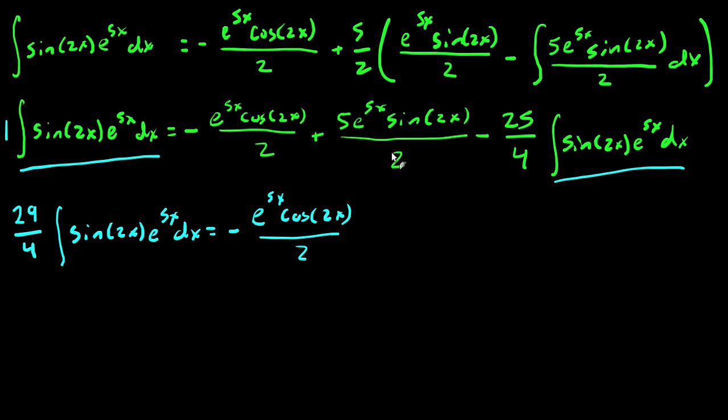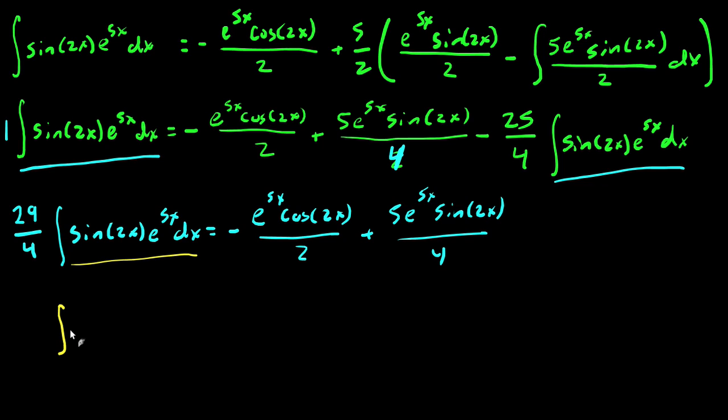Sorry, this should have been a 4. I think I said 4, but I wrote 2. Plus 5e to the 5x sine 2x over 4. And in order to solve for this, I just divide both sides by 29 over 4, which is the same as multiplying by 4 over 29. And lo and behold, I get,